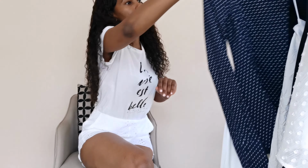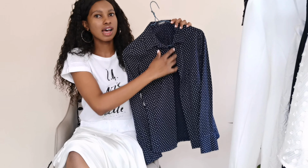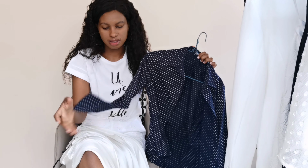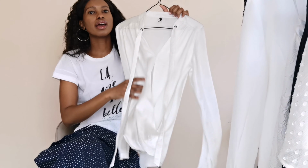We're going to start with tops. I've got 2. Let's start with this one. Obviously a formal shirt, button down, a little bit more structured, I'd say, a little bit more formal, I guess. And this one, obviously this one is a navy polka dot. And then this one,